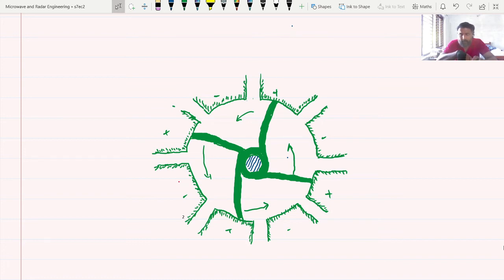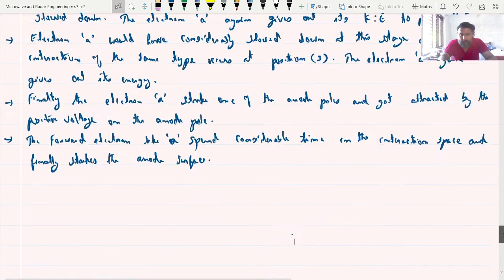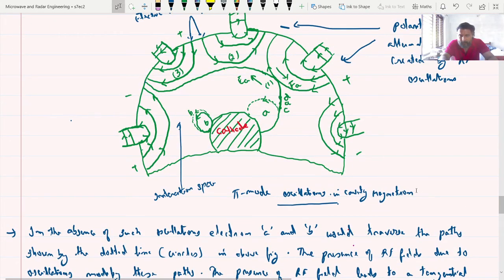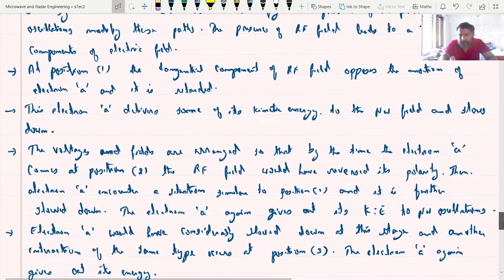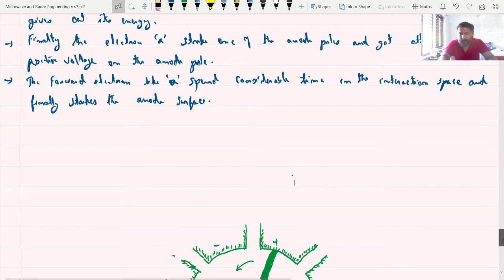Okay. Similarly, there is another electron C, emitted a little later than electron A, that is accelerated by the field and catches up with electron A, and electron D, emitted a little earlier than A, is retarded and falls back to catch up with C and A, forming a bunch. That is what I have indicated in this figure. You can see that the initial electron A, and electrons C and D all catch up and form the bunch. Based upon that, velocity modulation happens here. Okay, so I will write the other point.